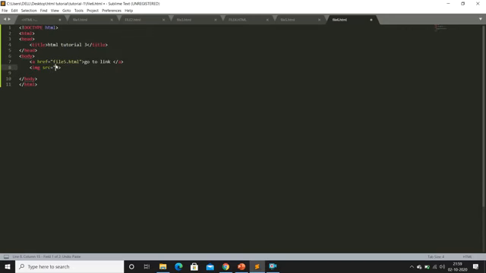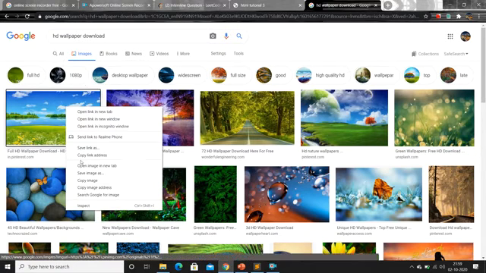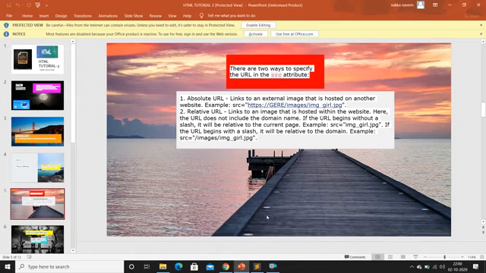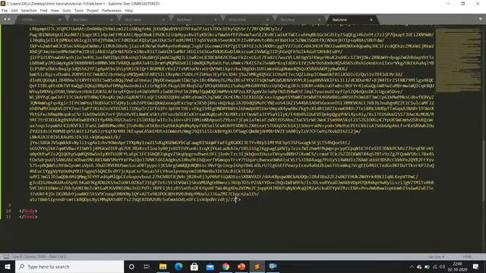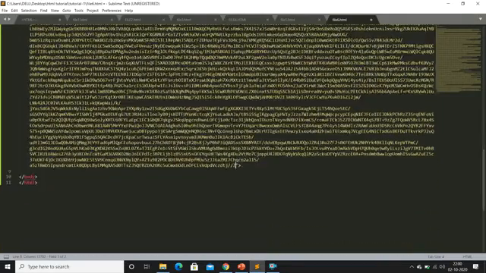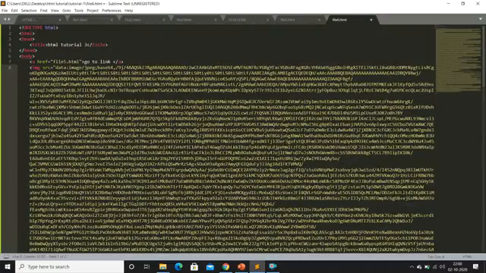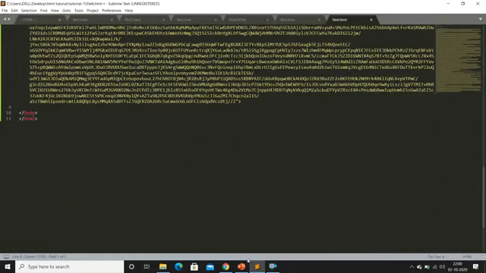Sorry, copy link address, copy image address, just come here and save it. See how long the link is for that image. This much link is there for that image, but if I download it manually,